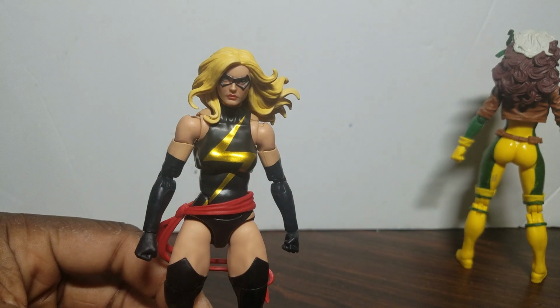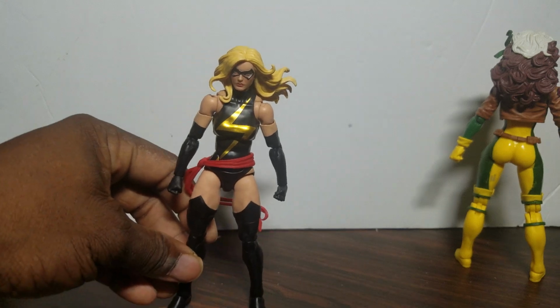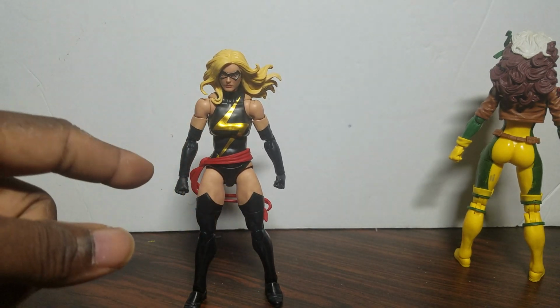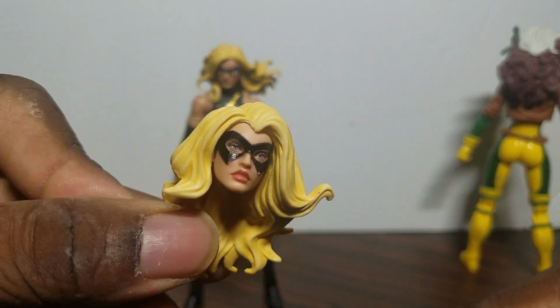Where you have import collectors actually saying, you know what, let me check out the Marvel Legends and see what's up with them. Because the articulation is pretty good. I give Hasbro credit as far as the articulation and design that they're using with the new female body. When you open the package, she does come with another head sculpt. So as you can see there,